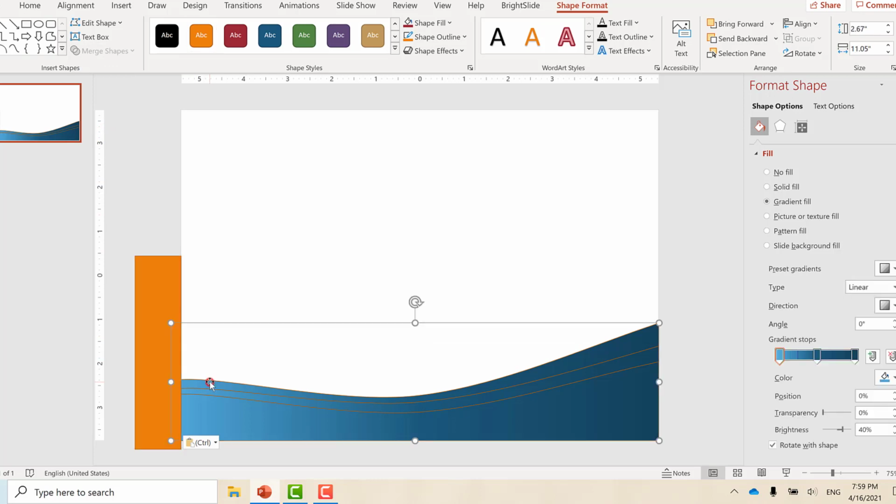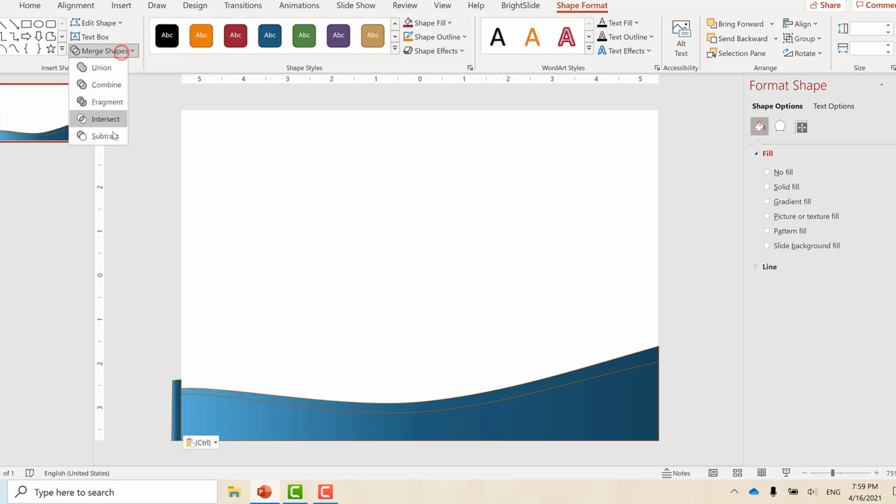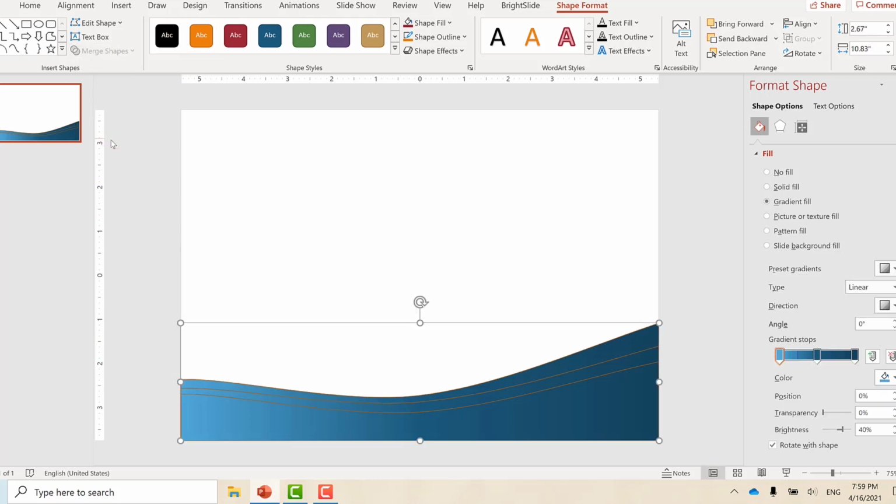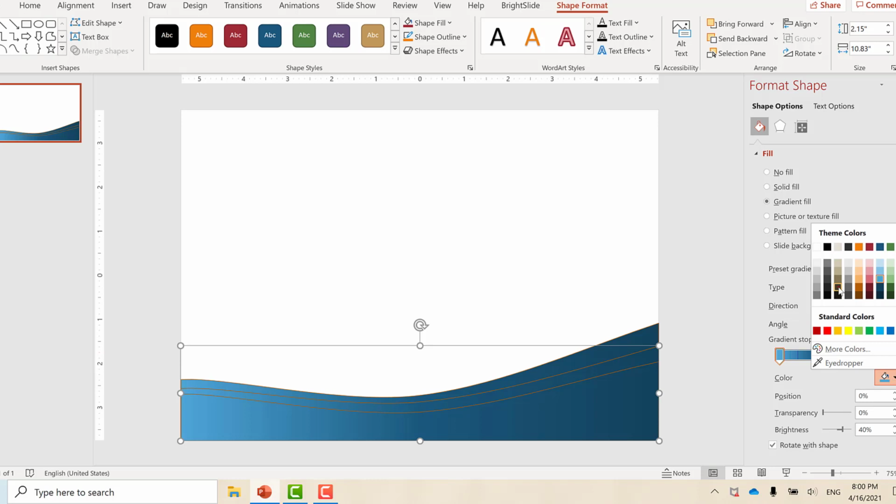Now it's perfectly aligning at the edge of the slide. I want to have a variation of colors on these shapes, so let's go ahead and change the second shape to another color. For the sake of variation, let us choose another color. How about brown? Dark to light